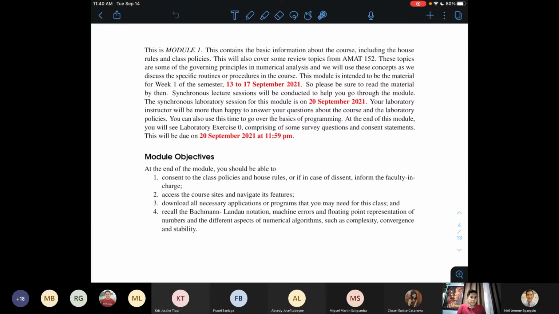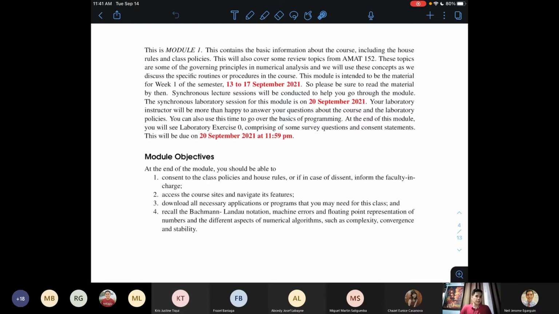The deadlines are on Monday, right before midnight, 11:59 p.m., so that you can still meet with your lab instructors on that Monday so that they can guide you or answer your questions, before you upload your final laboratory exercise in Canvas.